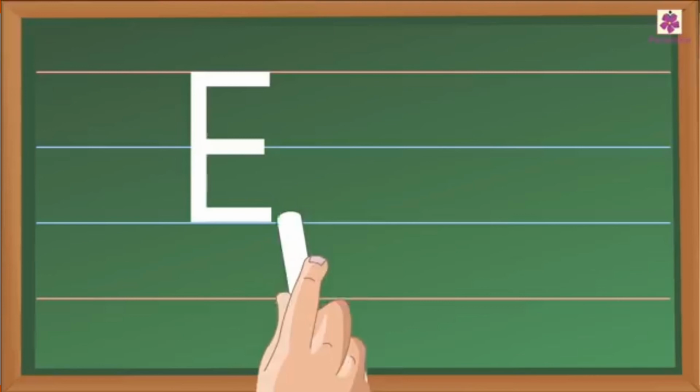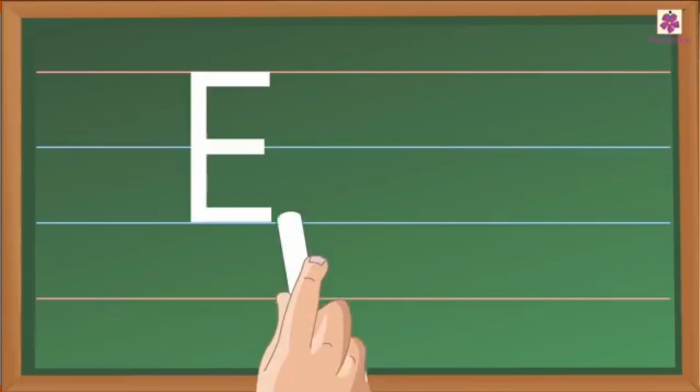Again listen. Start from the top and draw a standing line down, go again to the top and draw one sleeping line, then in the next line, in mid, draw another sleeping line. Lastly, in the last third line, go to the bottom and draw one more line in the same way, just like this.